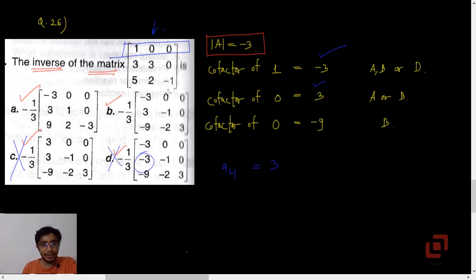You have -3 there. Okay, and here we have -9 and 9, so considering the cofactor of this will help us. Okay, first row third column, no need to change the sign of the minor. Minor is 6 minus 15, so -9, so cofactor is -9 and it is going to be the element in the third row first column, so it is not A, it is B.